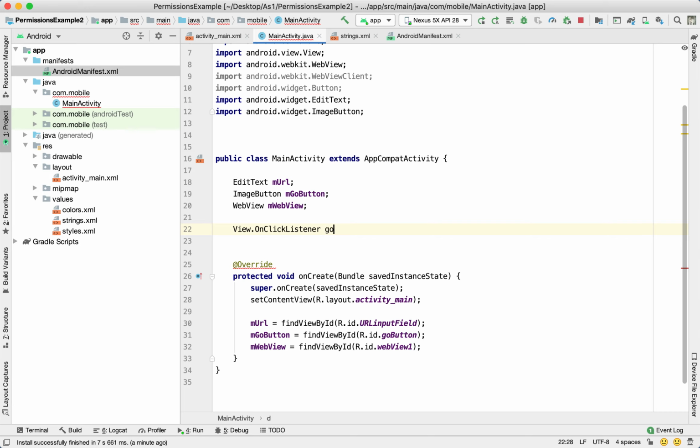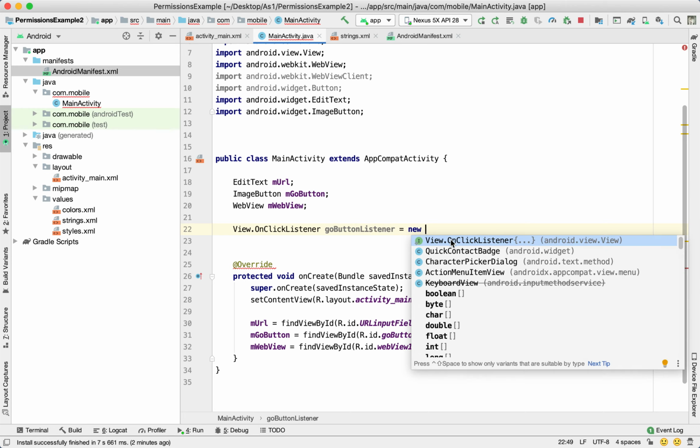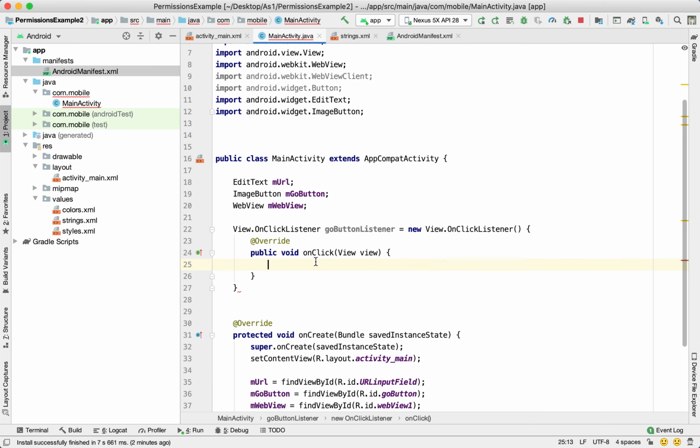So let's call it the go button listener. Now, since we're going to be getting the input from the edit text,